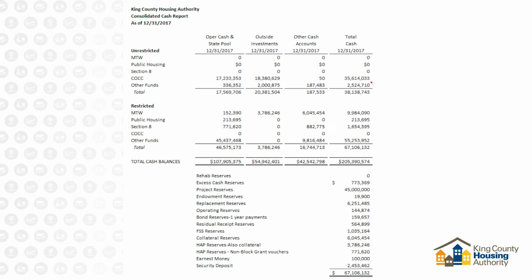So in the old system, again, we would know that we had $67 million of restricted cash, but it would probably take us an hour to go through and figure out what is actually making this up. This allows us to see instantly what it is. So if you go to the next slide, please, you can see how we defined it.